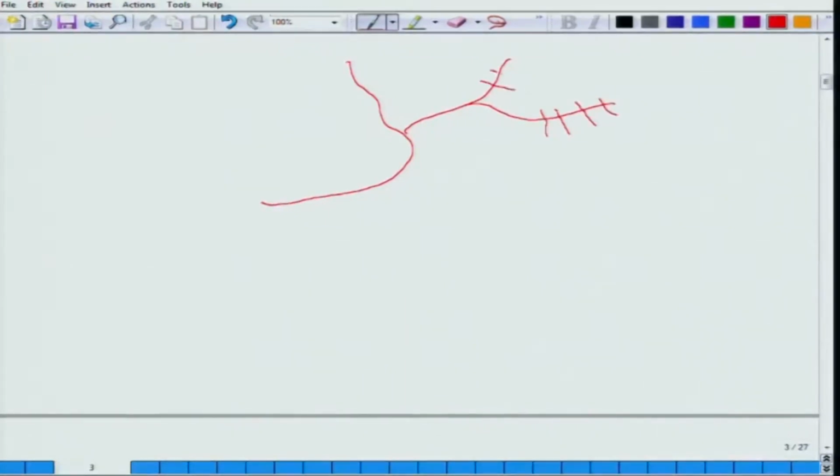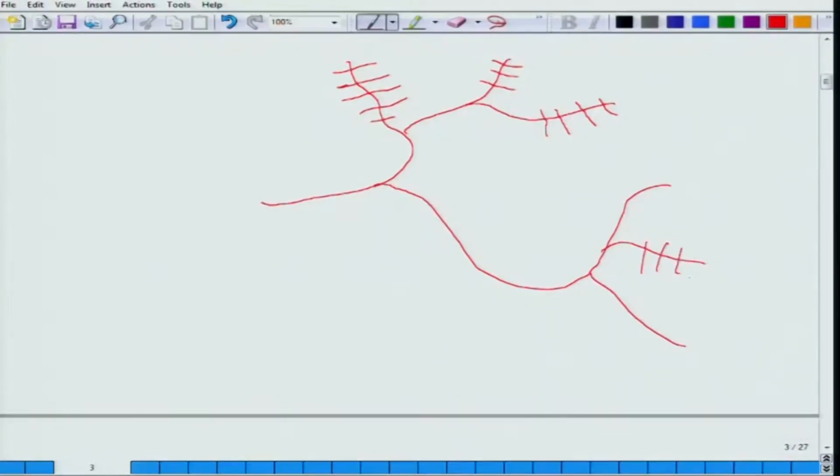They are the branchings of the blood vessels like this at the cortical region. There is a lot of finer branching, and along this finer branching, very adjacent to them,